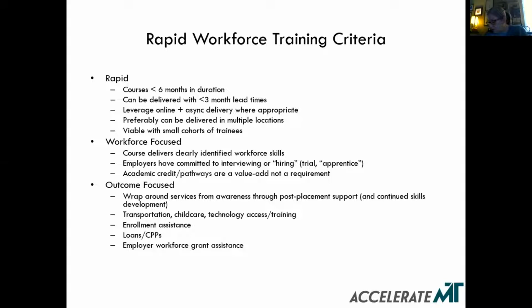I think one of the things we're really looking to do, and this is a key part of the conversation we've been having with the 2-year college system, is how do we leverage and share expertise and resources across the state so that not every community, every institution is having to do its own thing and try to make things work in that community. If we can share curriculum, if we can share instructors, if we can put online programs together, we can potentially make the economics, make the funding work by pooling employers and pooling potential trainees that can go through a training program and then be deployed with those employers in specific communities across the state.